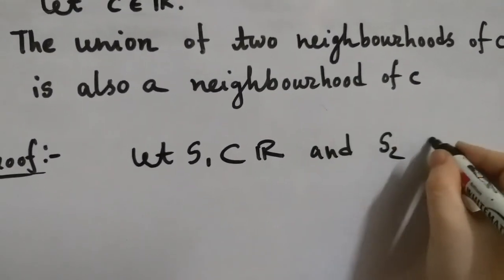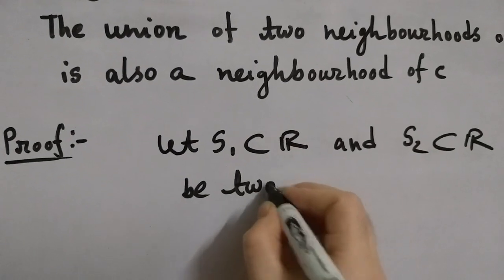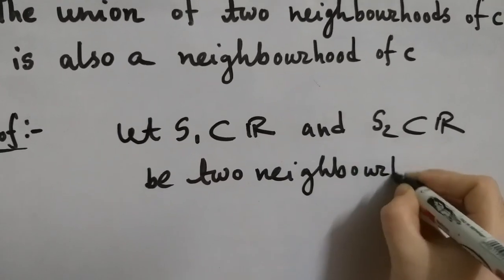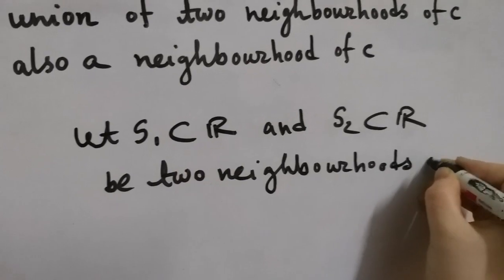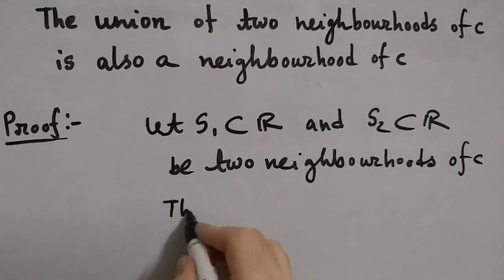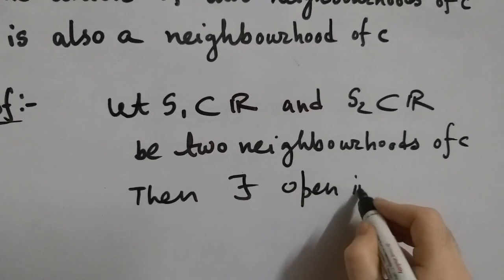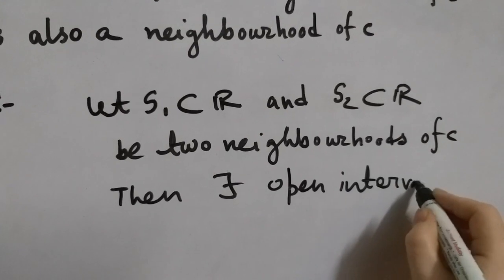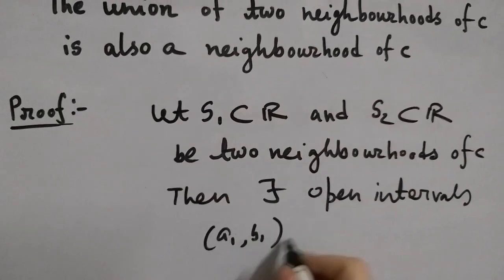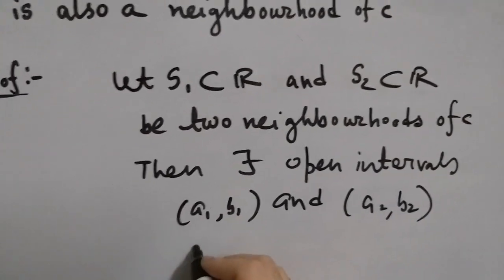and S2 contained in R be two neighborhoods of c. Then by definition there exist open intervals (a1, b1) and (a2, b2) such that